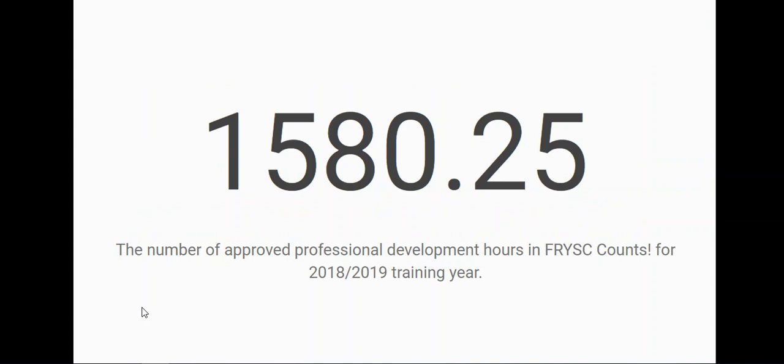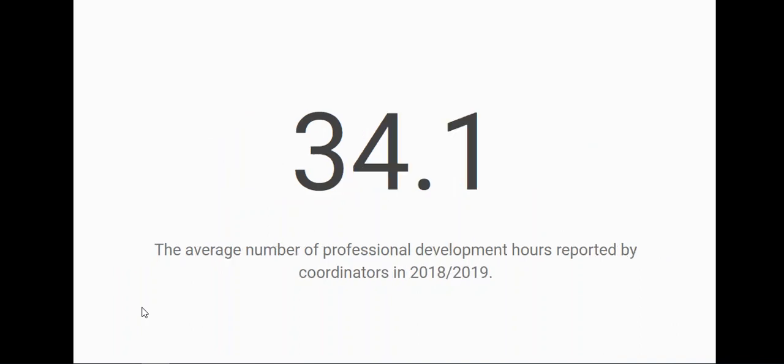If there is any doubt about the amount of available training, know that there were over 1,580 hours approved for the 2018-2019 training year. And the average number of professional development hours reported by coordinators was 34.1.